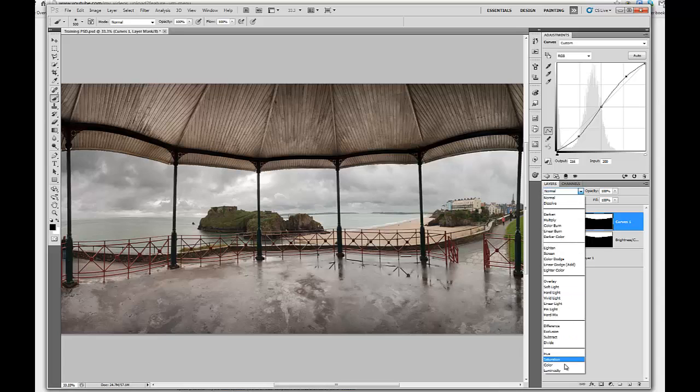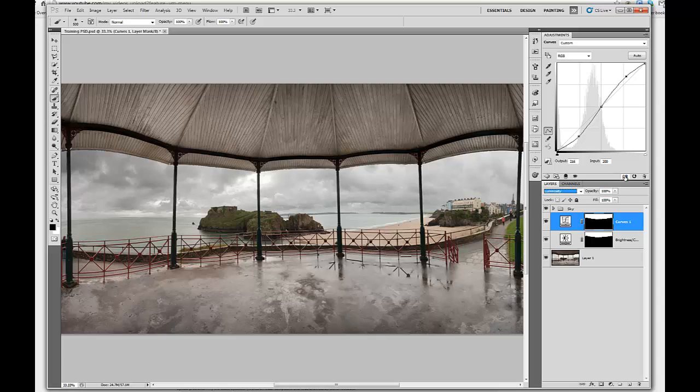If you really want to just keep the colour out of the situation, just go back into luminosity. And we've just added a bit of crunch in there. A bit more contrast in there. So that looks good. I'm doing the same again now as I did with the first one, which is hold